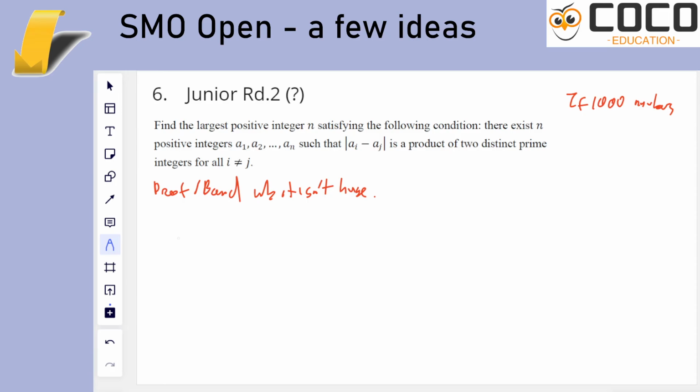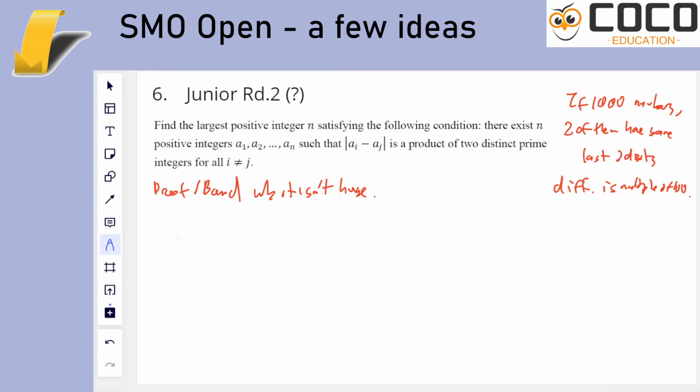And so for me, I think the simplest explanation possible, if I have 1000 numbers, I will at least have 2 of them have the same last 2 digits. Right? So, I mean, I only need 101, but if I just have a huge number, say 1000, then 2 of them have the same last 2 digits, and so their difference is a multiple of 100. Obviously, if the difference is a multiple of 100, it's not a product of 2 distinct prime integers. So you have found just some pie in the sky reason why you can't have 1000 numbers,